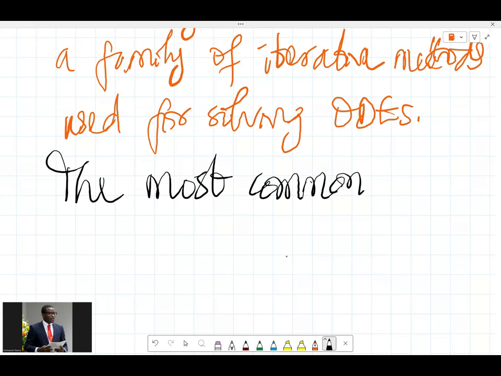It's a family, right? So it means there are many of them. The most common one is the fourth order